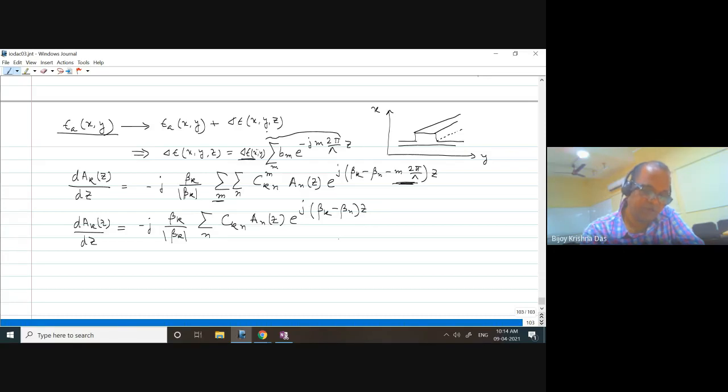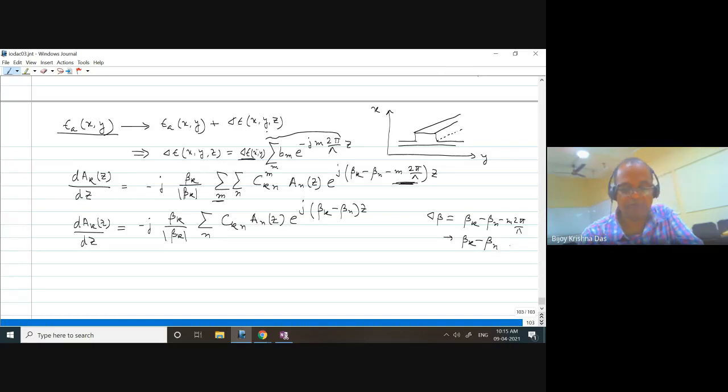Obviously we have discussed that delta beta, whether it is beta k minus beta n minus m 2 pi by lambda, or beta k simply, if there is no periodic perturbation, then delta beta can be written as simply beta k